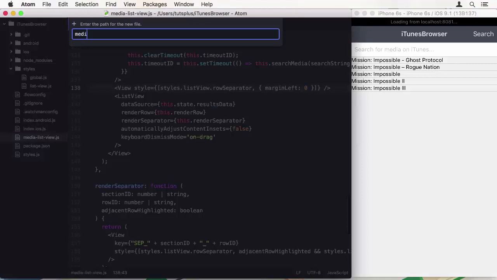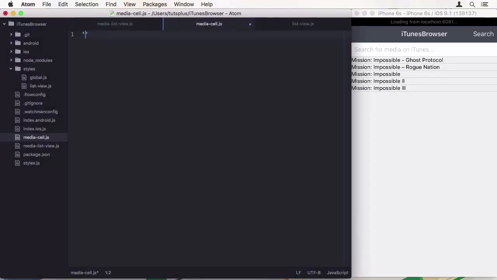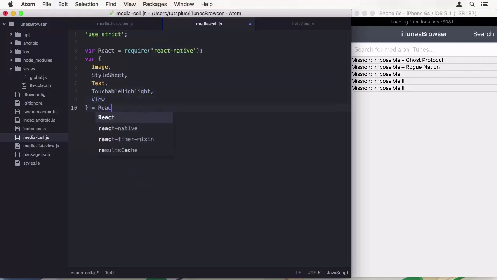Our new class is going to be called Media Cell. Of course, we need the standard React imports. I already know what components I need to do this, so I'll be adding them right now. We need an image, a style sheet, text, touchable highlight, and the standard view. Let's create the class